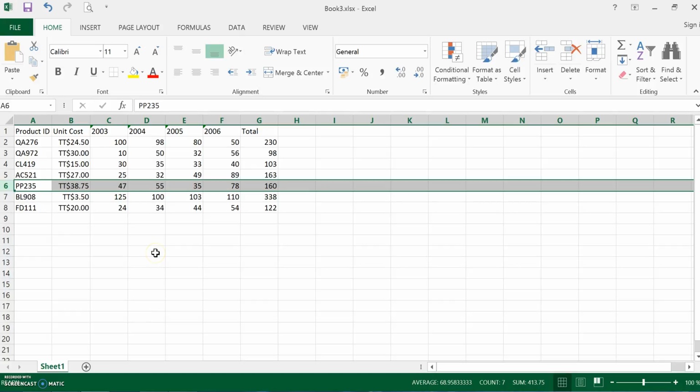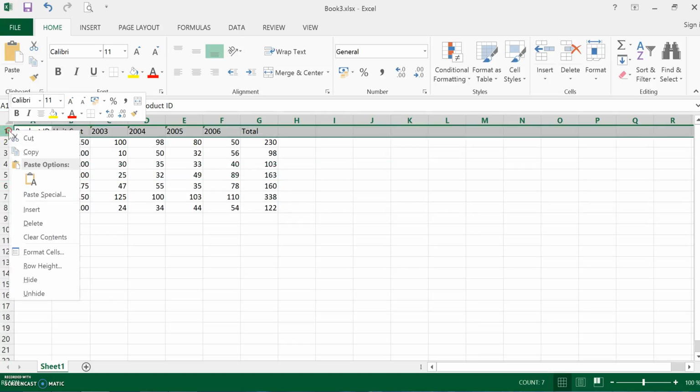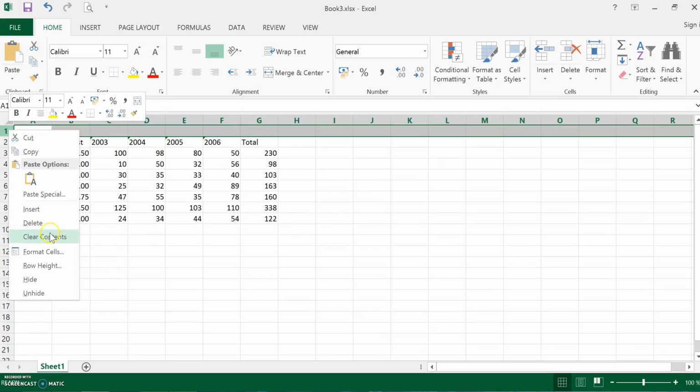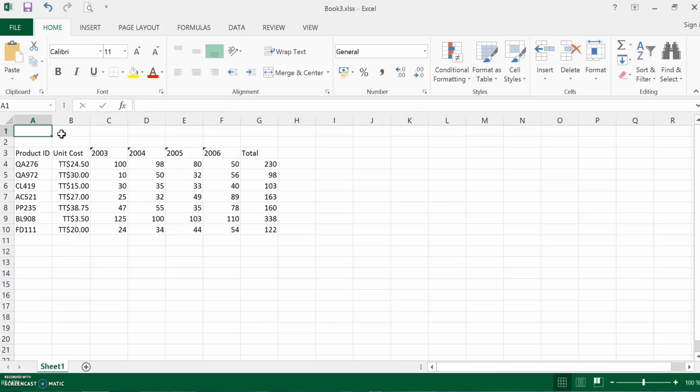Now I also want to insert some rows at the top so that I can put a nice heading for my table of information. So I want it to go above row 1, so I'm going to right click on row 1 and insert a couple of rows here. And then I can type in